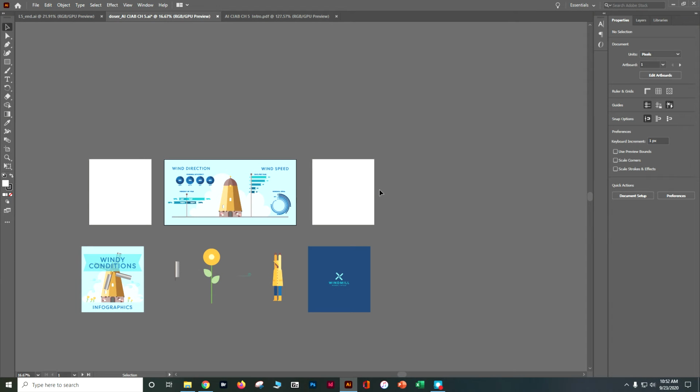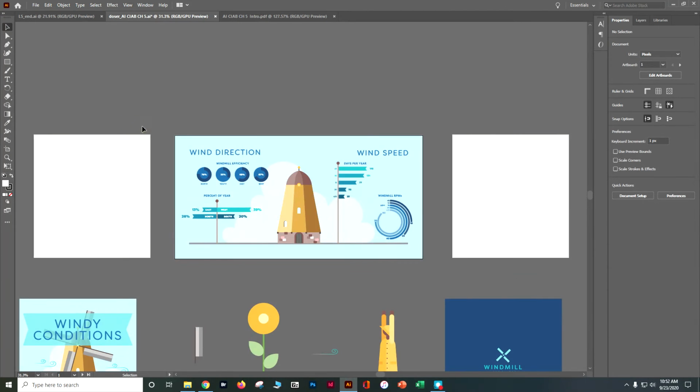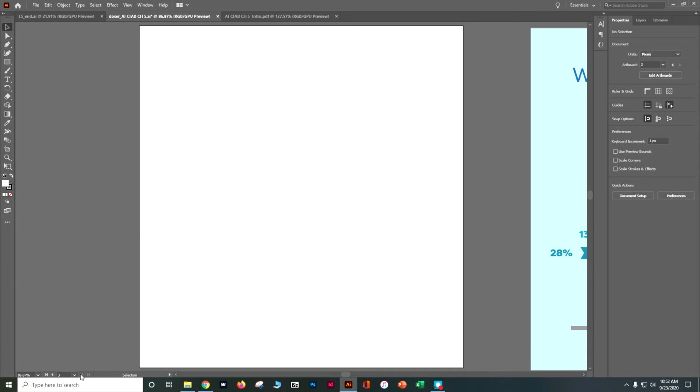And so now we have our 3 different artboards. So now if we do our view, fit all in window, we can see we've got those artboards. So now if we use our artboard tools right here and we try to scroll through them down here at the bottom, it'll go in order of the ones that have been created in, and we might not necessarily want them that way. So let's go ahead and select that artboard tool,